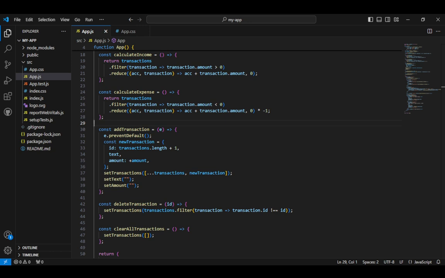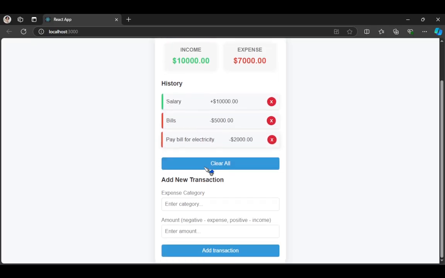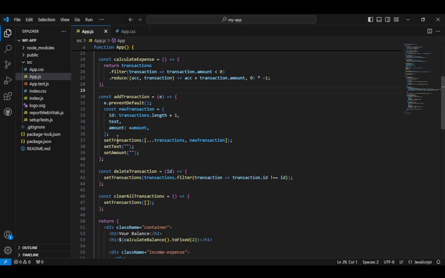If you submit, it would reload the page. And the setTransaction, the new transaction here has the ID, the text, and the amount.